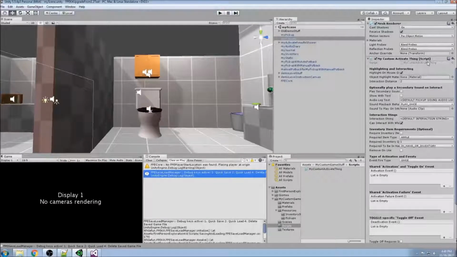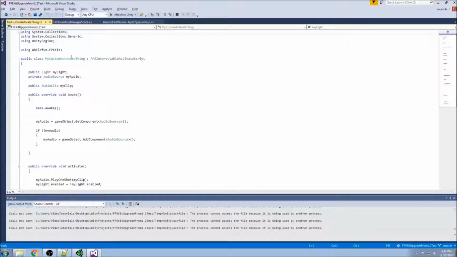So if I go to my custom activate thing script, I used to extend the activate type, and there's a couple of changes we need to do to make this a toggleable switch that we can then save and restore the state for. So the first thing we want to do is change the class that is extended to the generic savable game object class, and that will cause a couple of errors, but if you put your mouse over your class name with the red underline, it'll complain that it doesn't implement abstract member function. So if you click on the light bulb that appears